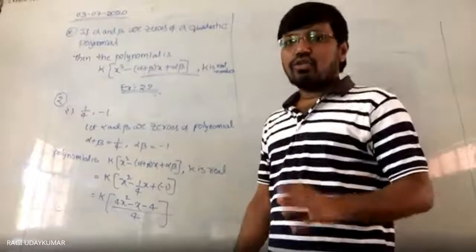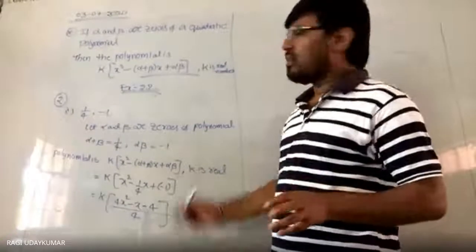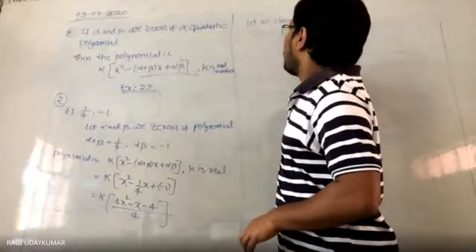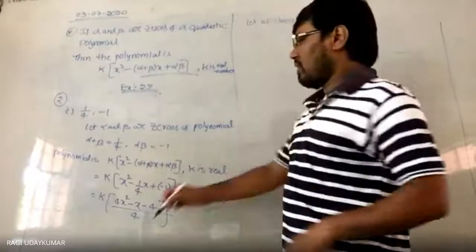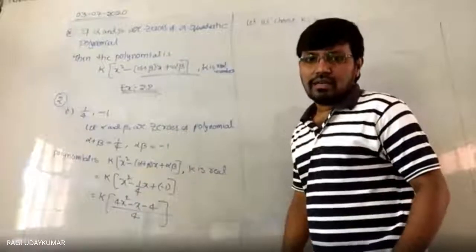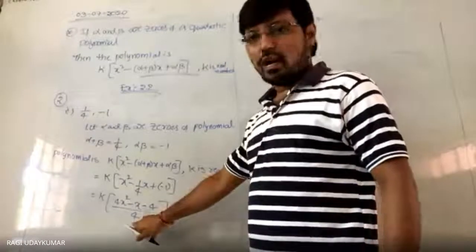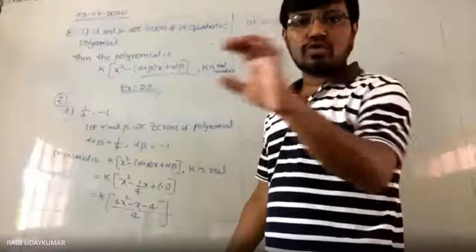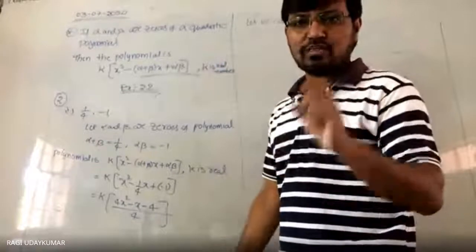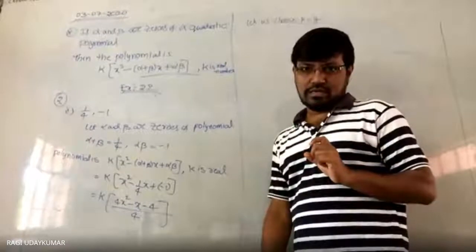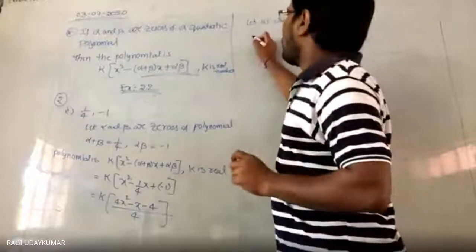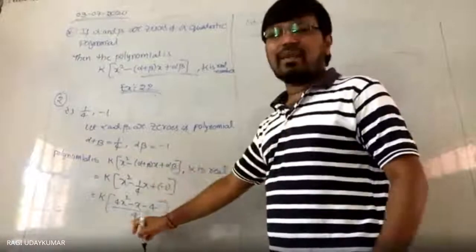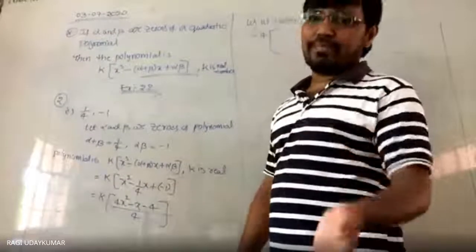But here, for convenience, let us choose k is equal to 4. Why have we taken 4? Here we have 4 in the denominator, so 4 and 4 will get cancelled. The polynomial then appears in the form ax square plus bx plus c, which is the general form. Okay? So that's why we have chosen it. In the place of k, I have taken 4. Whatever you get in the denominator, that should be chosen, or its multiple can be chosen.